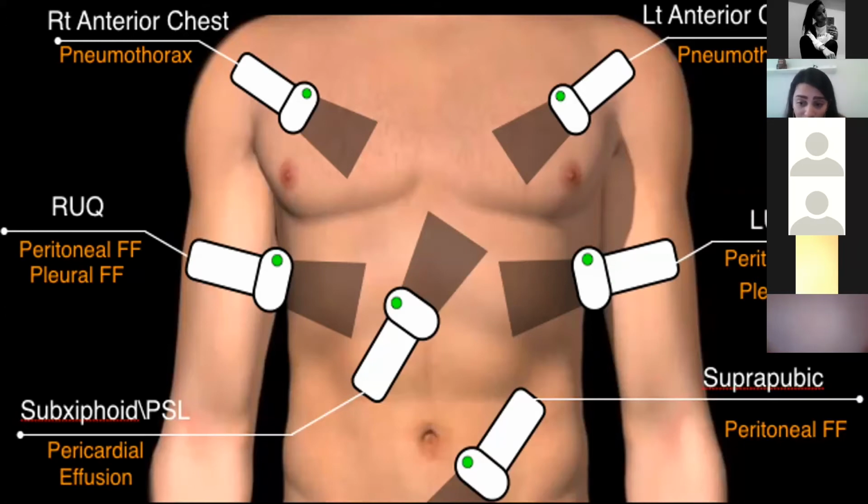With the FAST exam, you can identify as little as 100 mLs of free fluid. But if you do this FAST and there's no bleeding and they're still very hypotensive, you should also put the patient in a pelvic binder, like I said before, because they could have injury in the pelvis that you might not detect. And just of note, the EFAST exam should be done during the circulation portion of your primary survey,